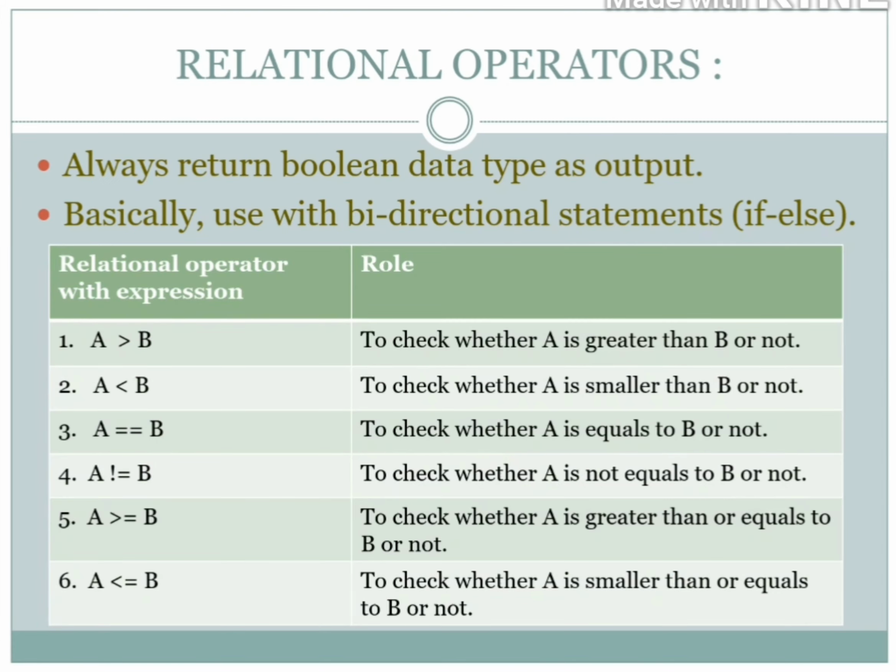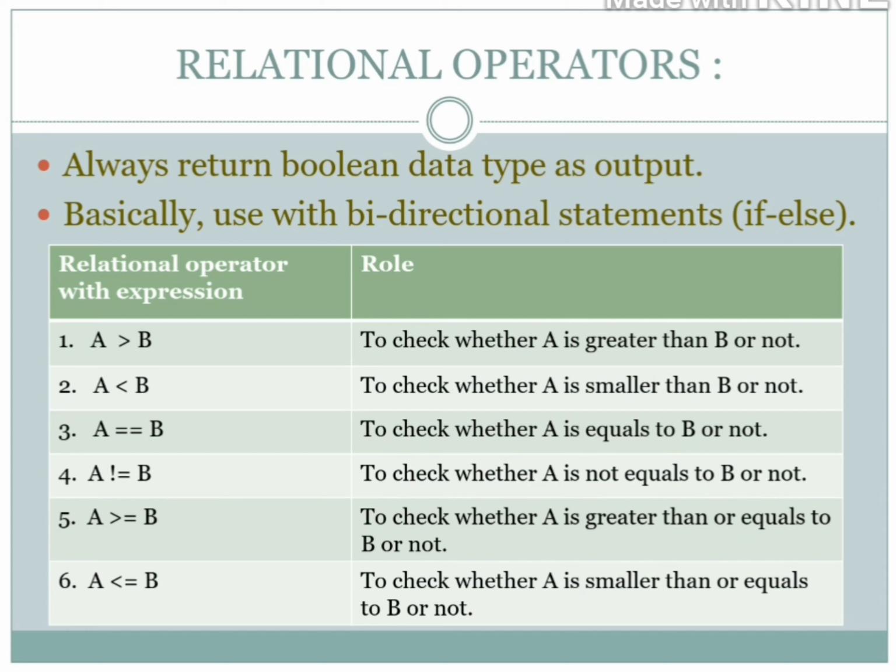And then we have relational operators. Relational operators, the name indicates, provide us some relations between both of them. We can also call them conditional operators, which provide some conditions. And always remember, if they provide us some relation, they are either providing us true or false, which means they always provide us a boolean value as output.